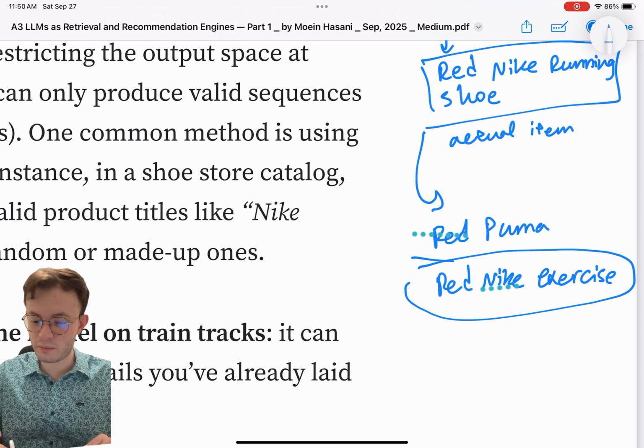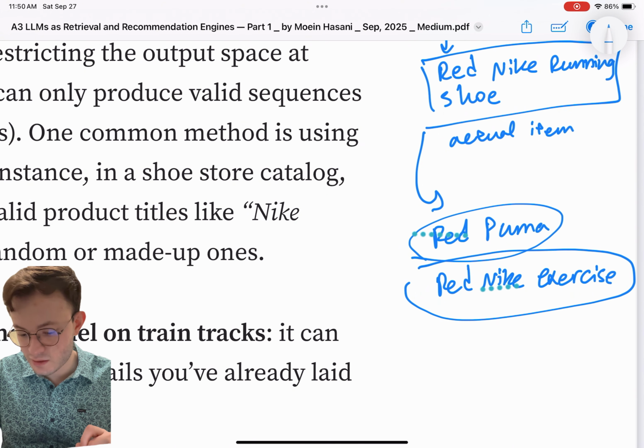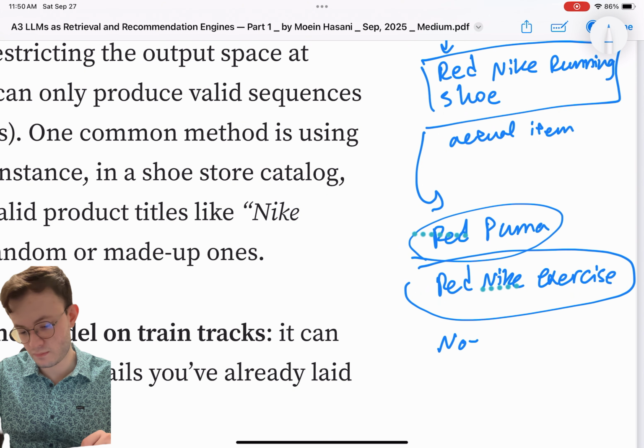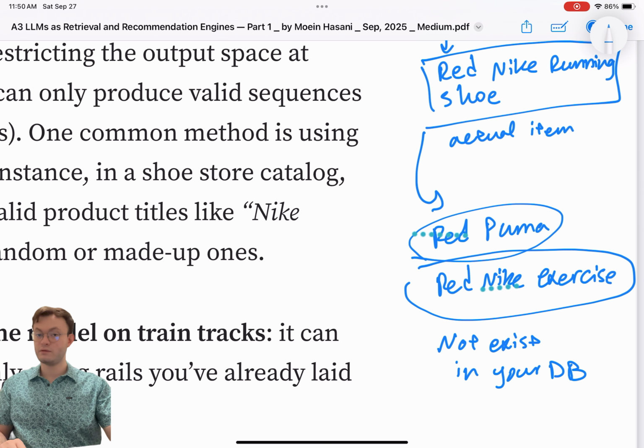And what is the problem here? The problem is the red Puma shoe or red Nike exercise shoe may not exist in your database. What do we call this problem? As you all probably know, it is hallucination. So the LLM made it up, hallucinating items that did not even exist.